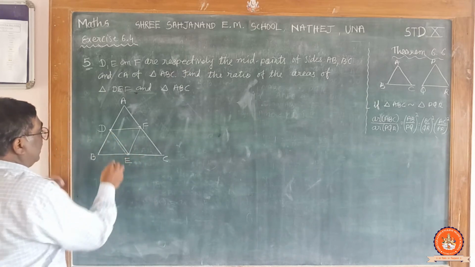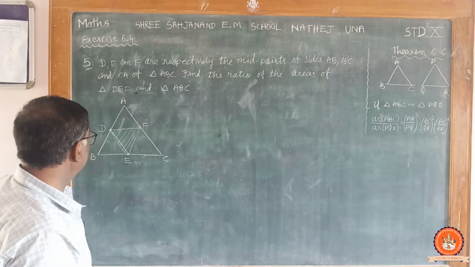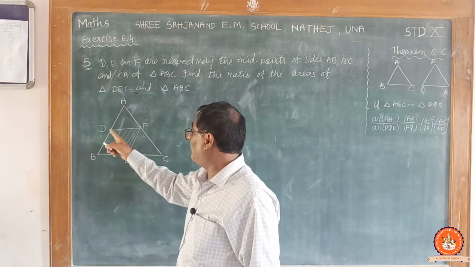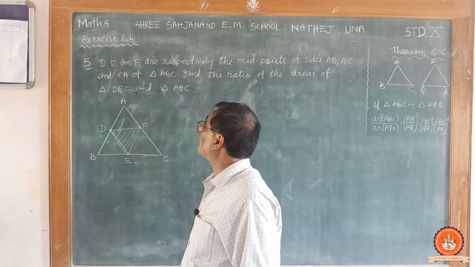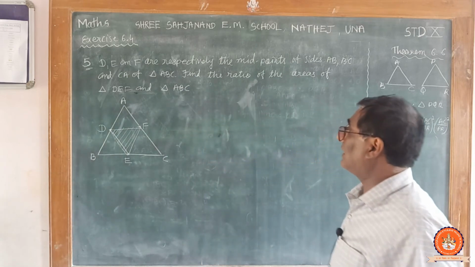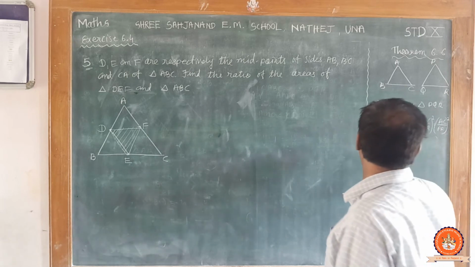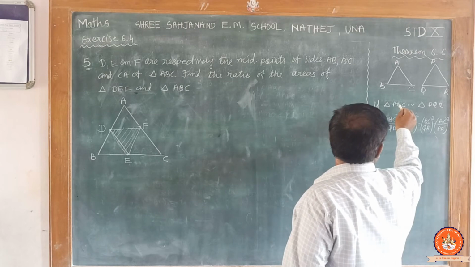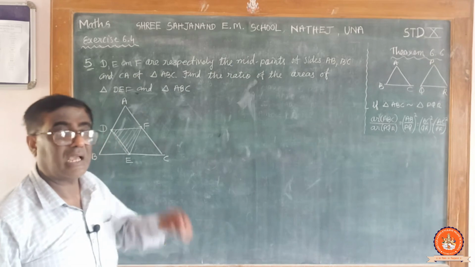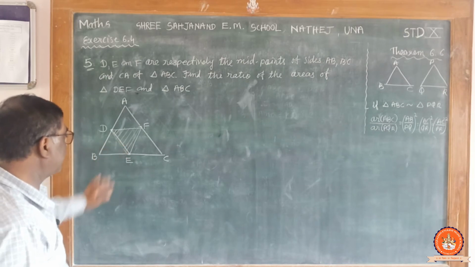So these two triangles, look at it, this is a triangle formed by joining the midpoints of the three sides of a triangle. We made this triangle by joining the midpoints of the three sides of the original triangle. We need the ratio of the areas of this triangle and the original triangle ABC. If you want to find the ratio of the areas of two triangles, then as per Theorem 6.6 they need to be similar to each other. Only if these two are similar can we find the ratio of their areas. So we have to prove these two triangles to be similar.